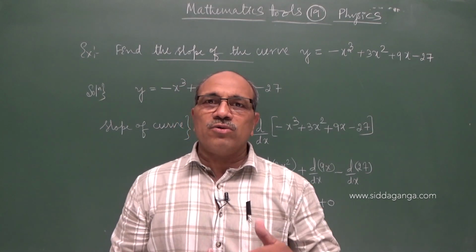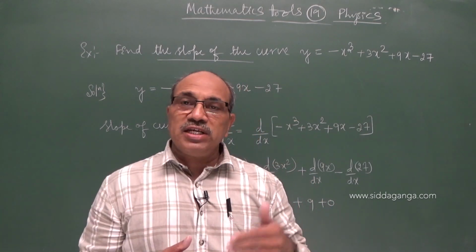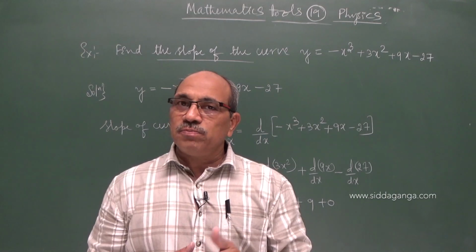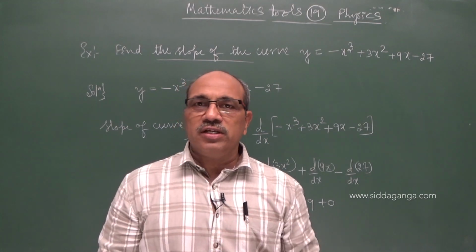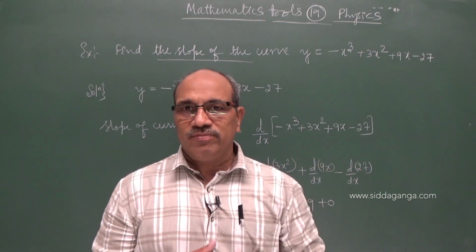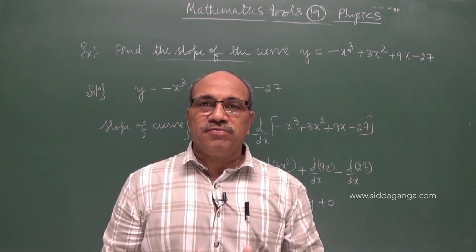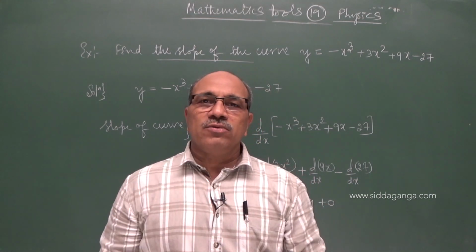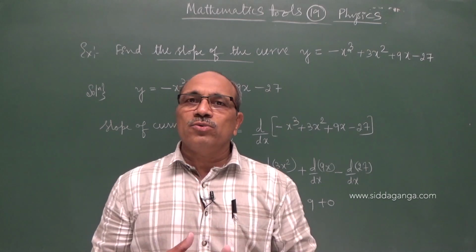To confirm it, you have to once again find the derivative at that value obtained and see if it is becoming negative, then the function is maximum. If that derivative is becoming positive, then that value is minimum. If the second order derivative of the function comes negative, then the original function is maximum. If the second order derivative of the function comes positive, then you have to take it as a minimum.